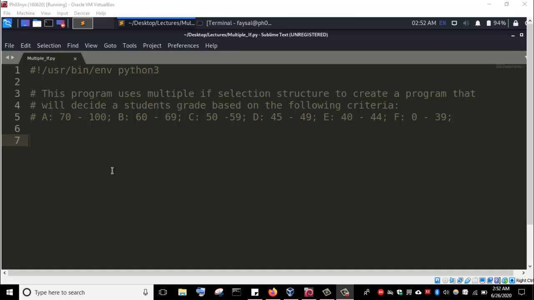In this lecture, we are going to look at multiple if selection control structure. And to see the multiple if selection control structure in action, we are going to create a program that will decide a student grade based on his exam score. So based on his test score, the program will now give him a grade, and we have the grading criteria